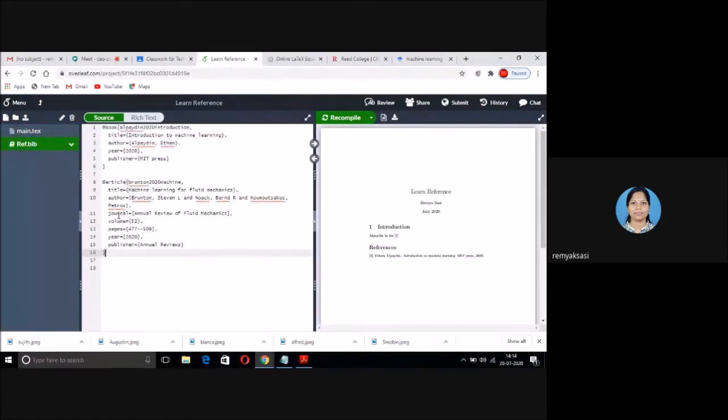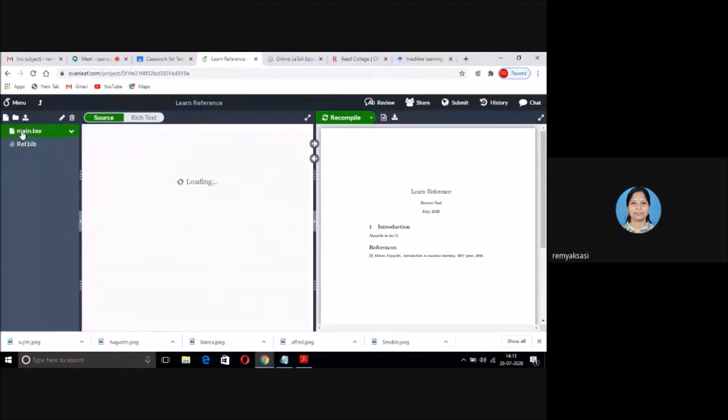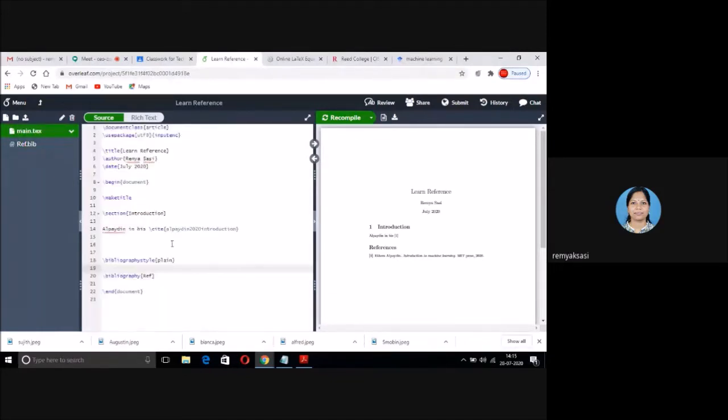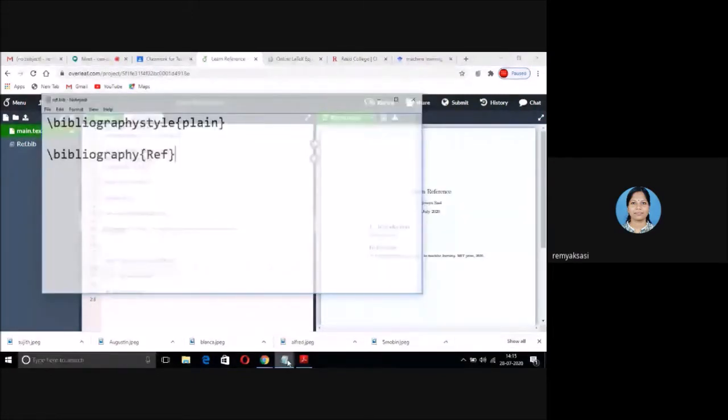Then to use the reference, I have to mention \cite and the label of the reference. Then I have to mention which bibliography style I am following, and where the file is available. See, ref is the file name.